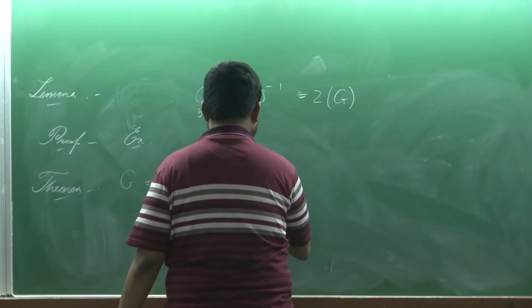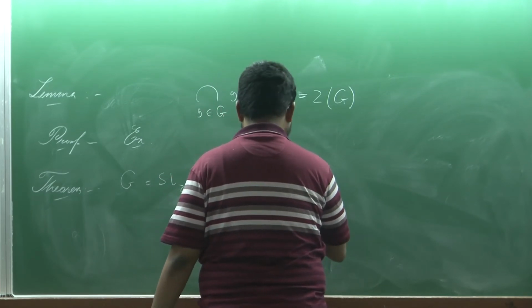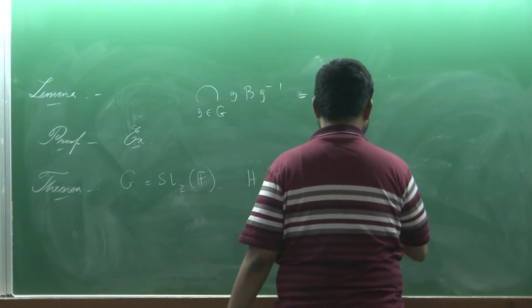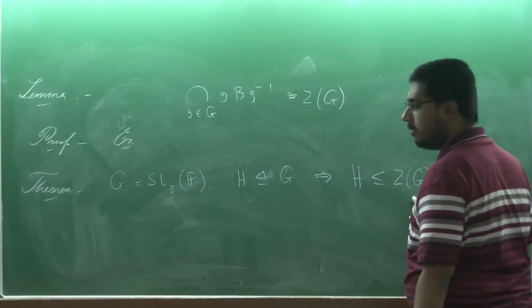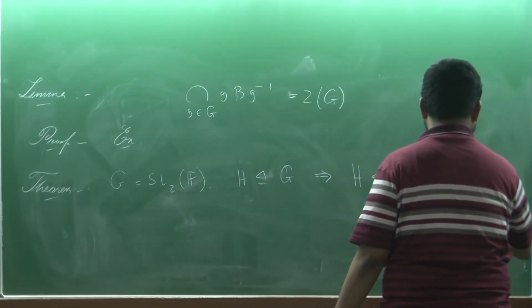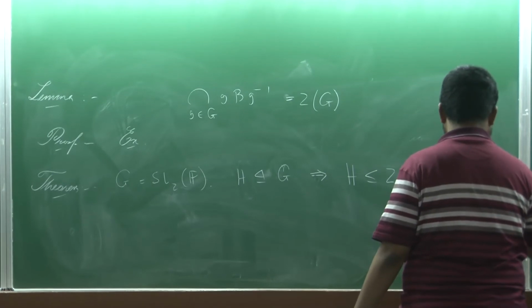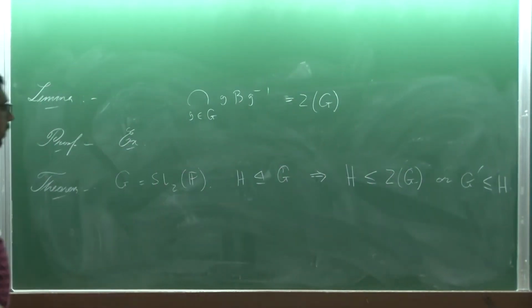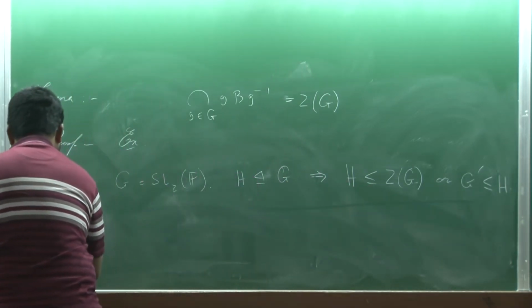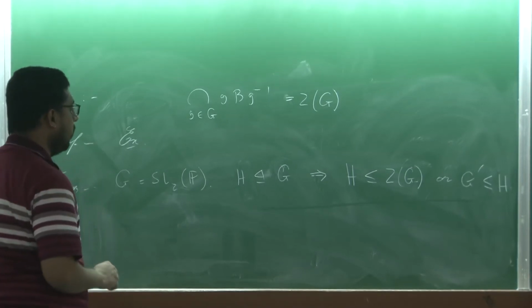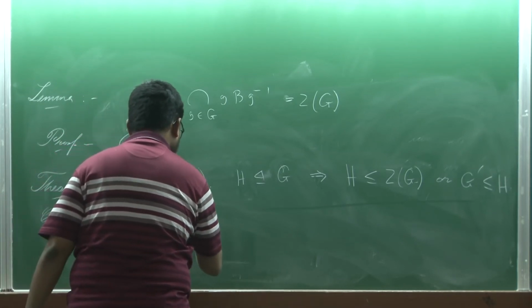The statement says that if H is a normal subgroup of G, then either H is contained inside Z(G). Remember here Z(G) is nothing but plus minus identity, or it contains the commutator subgroup of G. Okay. So, this is what we are going to prove, and what is an immediate corollary to this? The immediate corollary is, if I consider G modulo Z(G), which is nothing but PSL2(F),